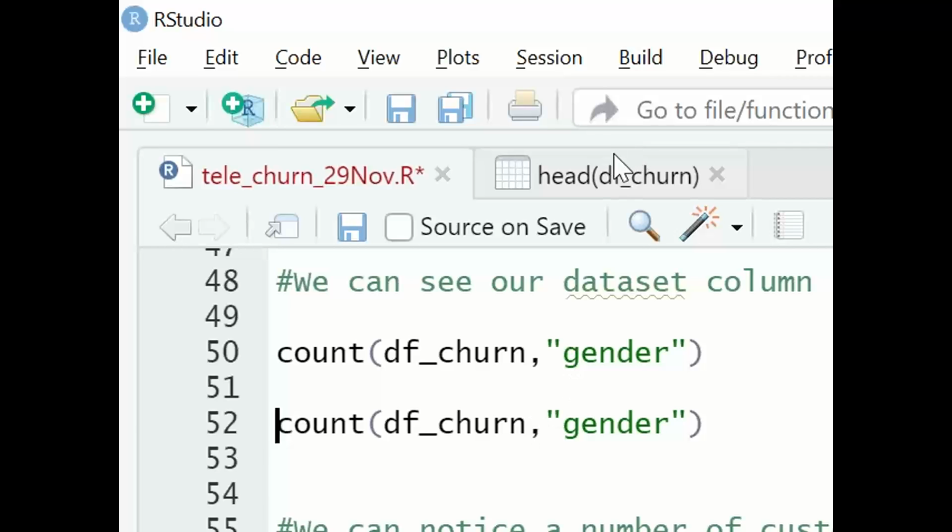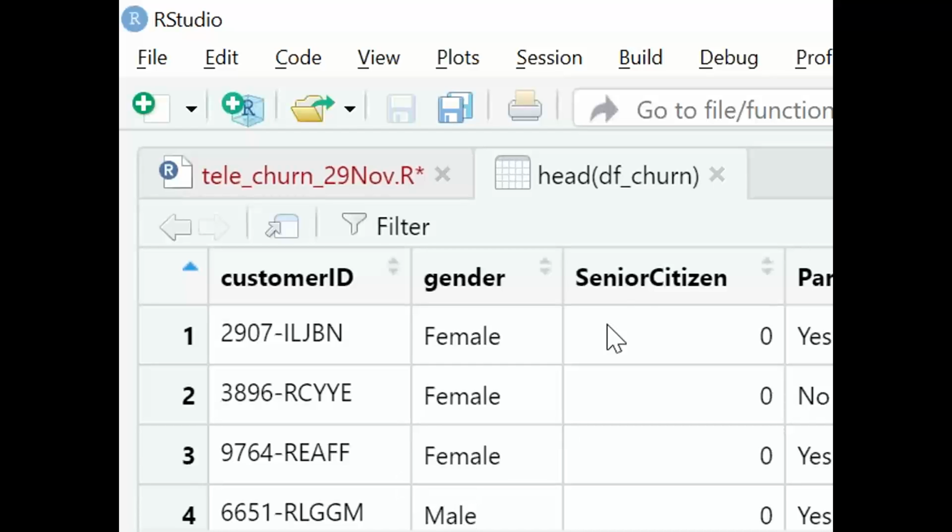Similarly, you want to count this for any variable. So if you look at senior citizen, you will find that there is some discrepancy in the data that you have. If you take a look at the data set,